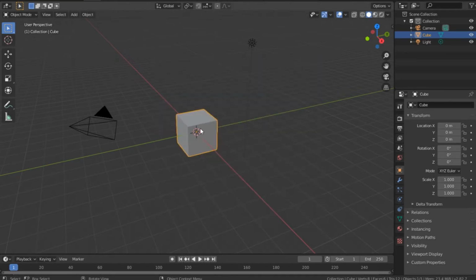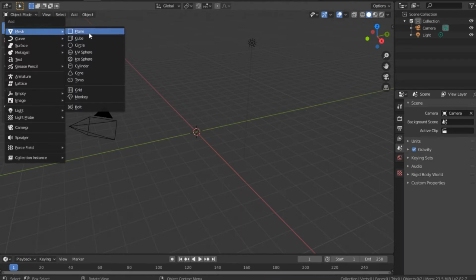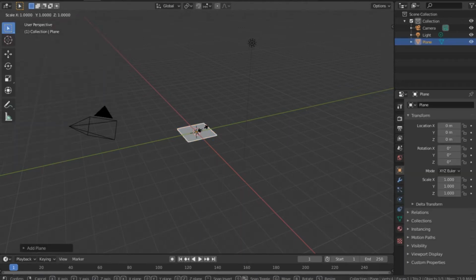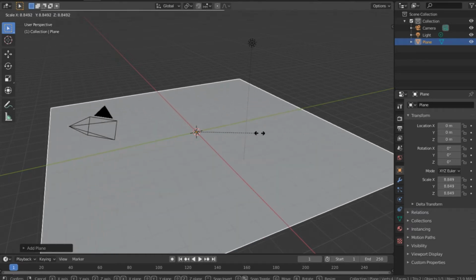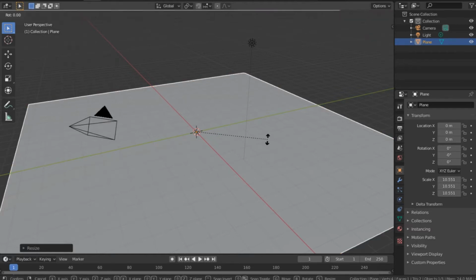Click on General, delete the cube, Shift A, create a new plane, push S on the keyboard and just make it big, something like that. That will do. R to rotate,